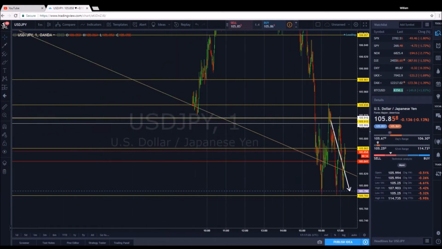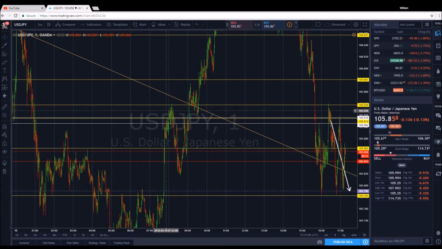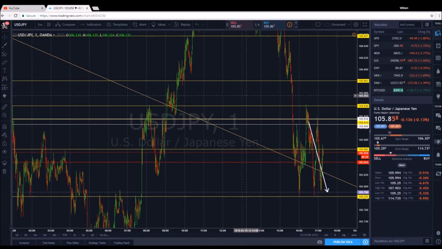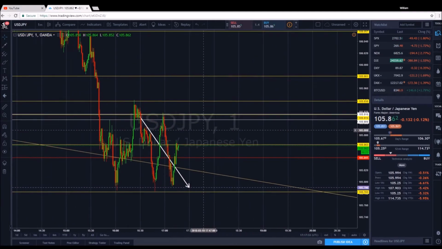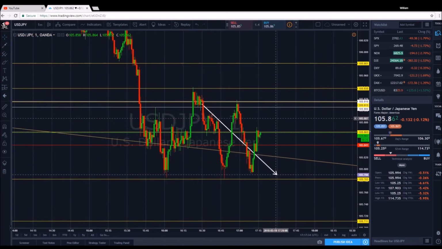This SNR level here is the one that I was watching from right here. And that's the one that once I started seeing the rejection of that level, that's when I started to enter. We got these engulfing patterns and it came up and came back down and engulfed that immediately. We got a nice little wedge here forming. And I did take some early entries, as you can see, but with the overall consensus being bearish and with